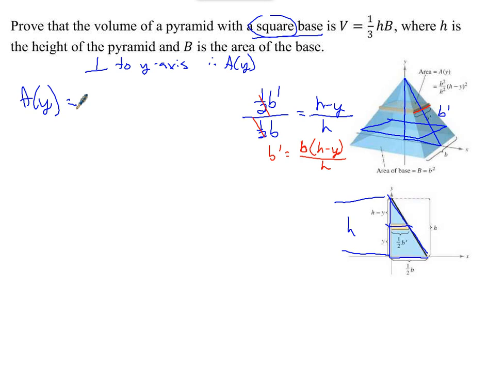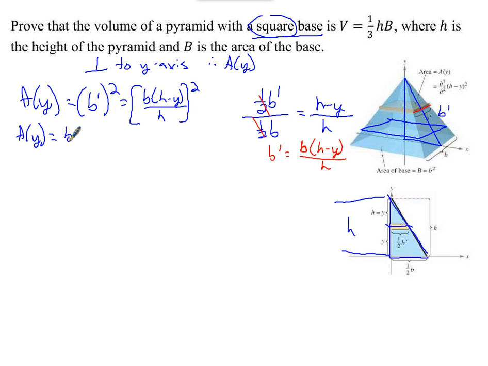It is b prime squared. So that's going to be b times h minus y over h, squared, which we can simplify so that A of y equals